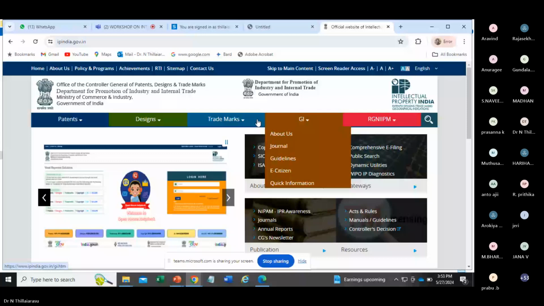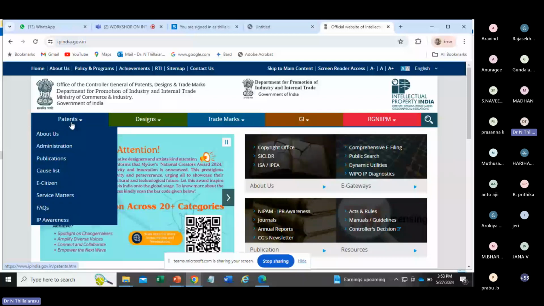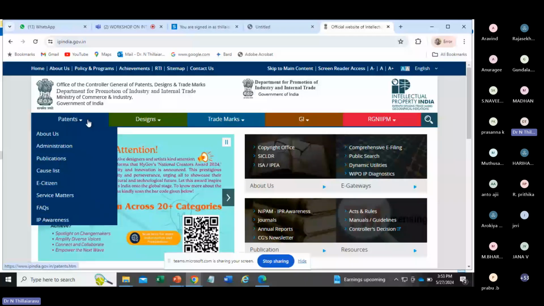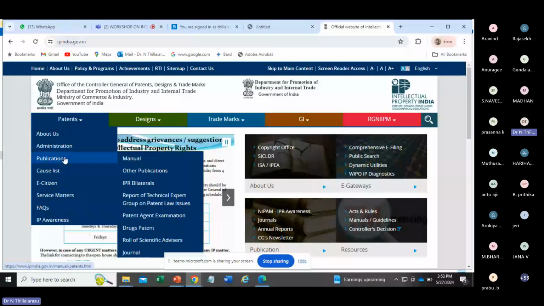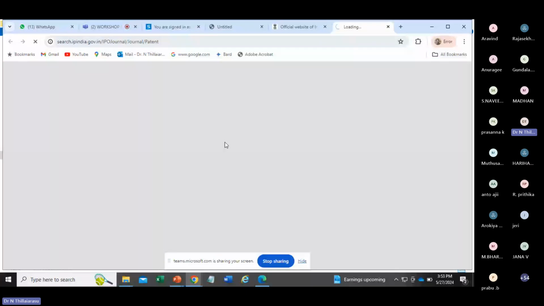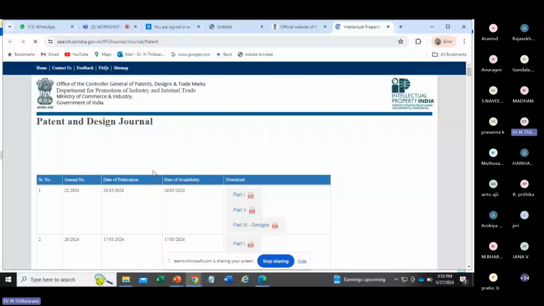You can look at this taskbar. These are the tabs. You can find here patent, about us, administration, publication. If your patent application has been published, you can get it from here, journal. So I'll click here on journal. See, once you've done everything, you can get it here. Like, I'll show you one. Recently they published on